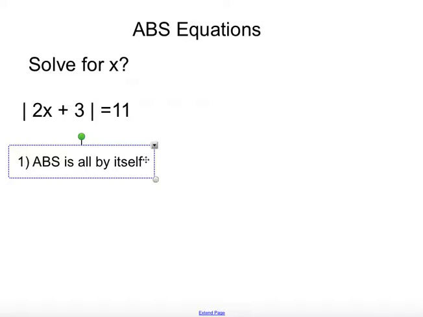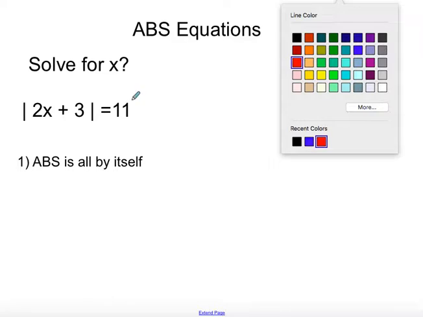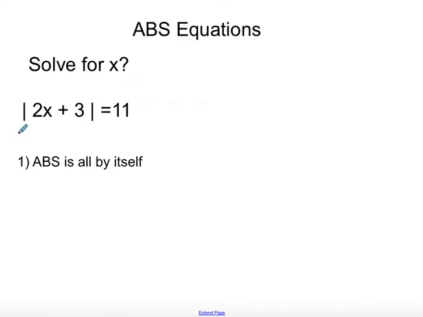Okay, so very first step, you have to make sure that the absolute value function is all by itself. Look at this example. This is the absolute value function right here. It's all by itself, right? Nothing outside of the absolute value exists. It's right there on the left side of the equation. It means we are good to go. Okay, so you check this, you make sure that the absolute value function is all by itself. Next step would be,